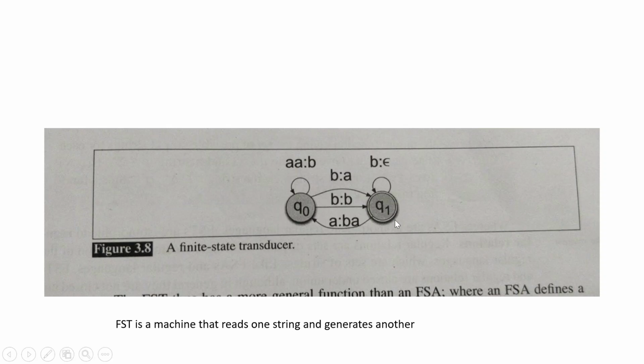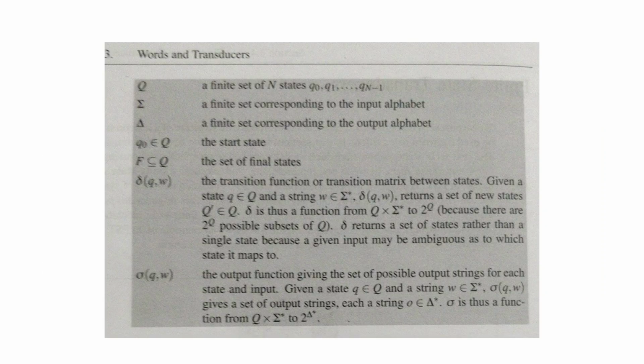Everything else is similar. You have states, you have transitions, everything. You have got a start state, you have got acceptance states and so on. But the difference is in the transition: it reads one input symbol B, and what is written after the colon is the output. We said there are two tapes, right? So B is read from the input tape here, and A is output onto the output tape. Okay, so that is a difference.